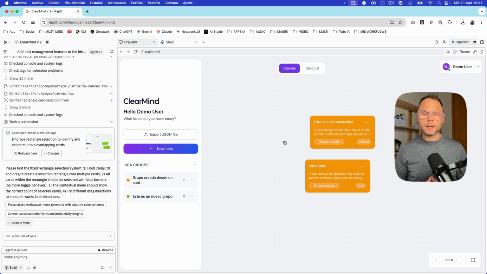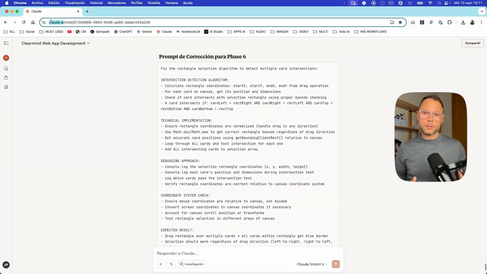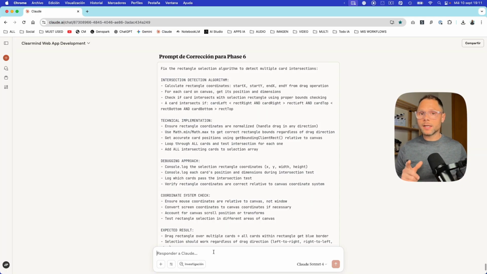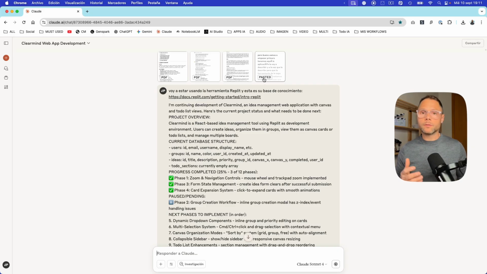So, the first thing I would do is come here to Claude. This is not Claude Code. This is Claude from Anthropic. This is the normal website, and I would say I want to be able to move the bulk cards once they are selected. So I'm going to say that, and because he has the 4 legs for an agile development, which are the